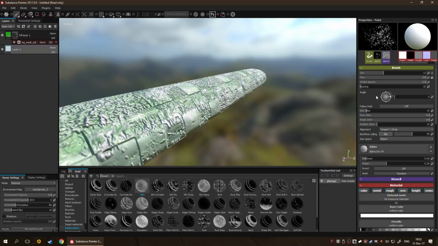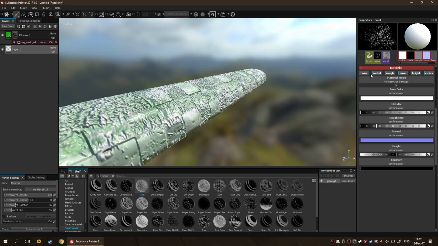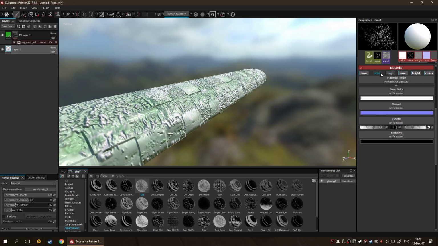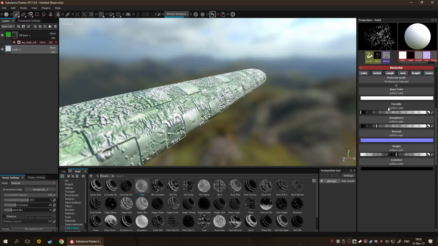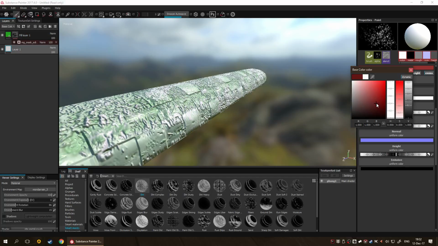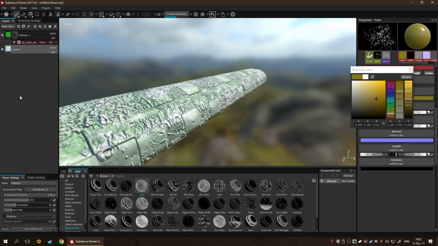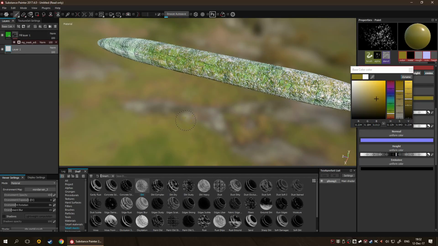and let's say this would be your dirt color, and you can go into your color here, just enable the color, for example. Or at the bottom, maybe you can even invert this mask if you wanted to, right? Grab this brownish color, something like this maybe. Oh, actually this is a paintable layer, so you'd be painting with this stuff on top of this, and this could be kind of like your dirt. But of course, if this was a fill layer, you just have a fill layer here,